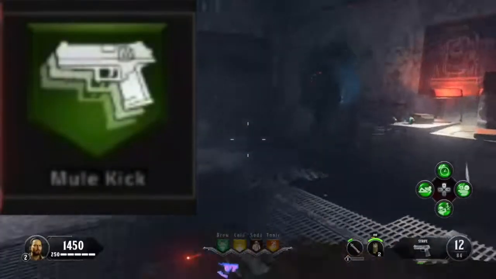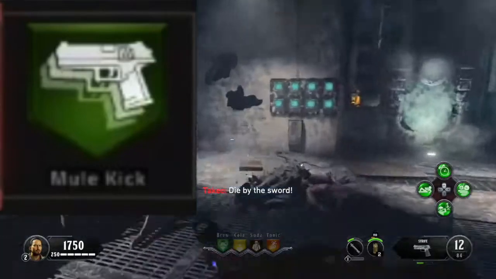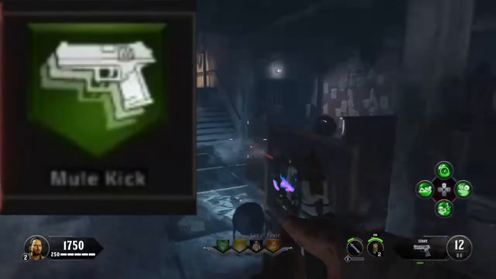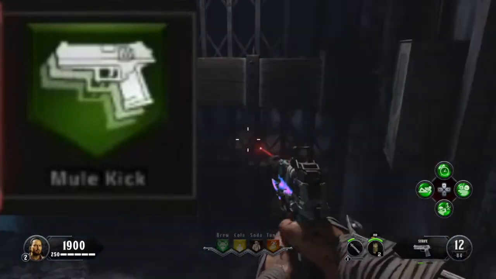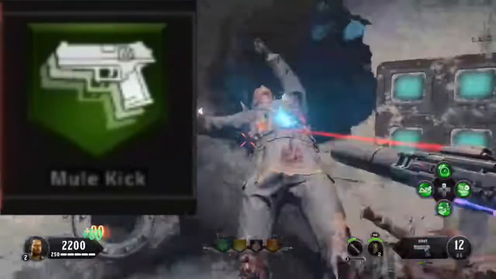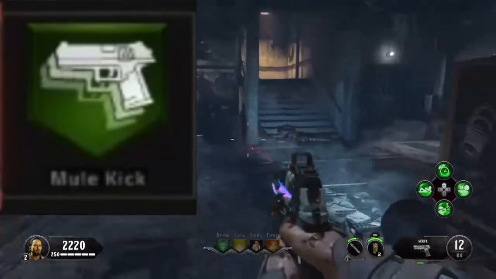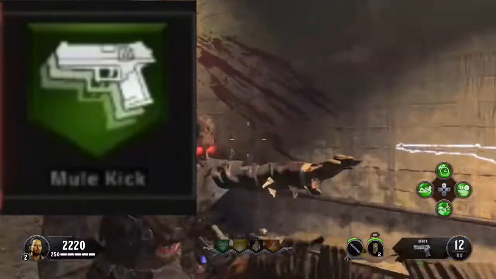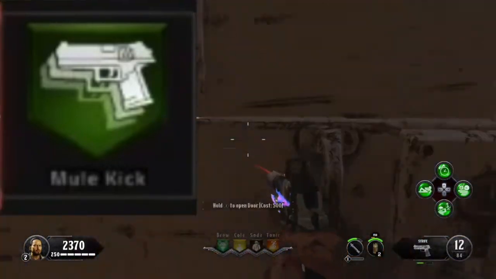Coming in at the number 5 spot is Mule Kick. This perk is pretty self-explanatory. It allows you to carry one extra third weapon, and with its modifier slot, it allows you to never lose your weapon. By repurchasing the perk, you will regain the weapon. And it shows which Mule Kick weapon is which by showing a Mule Kick symbol near the bottom